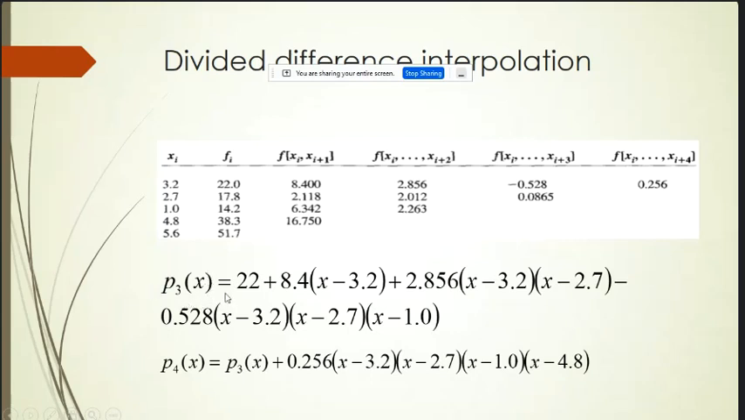If you want to find the interpolation of degree 4, we can use the last point, for example, x 5.6 and 51.7, and we can compute the differences as here. And the solution, P4(x) equals